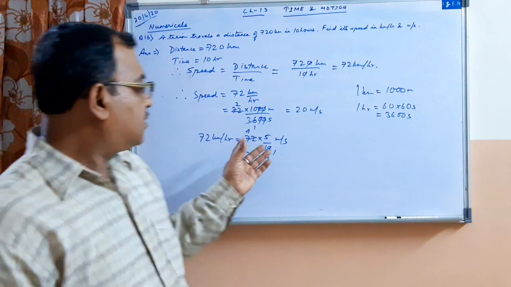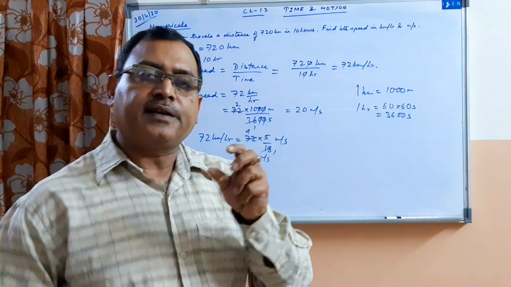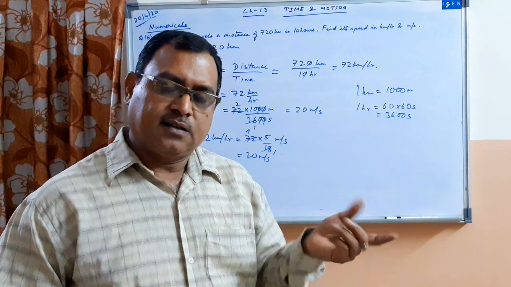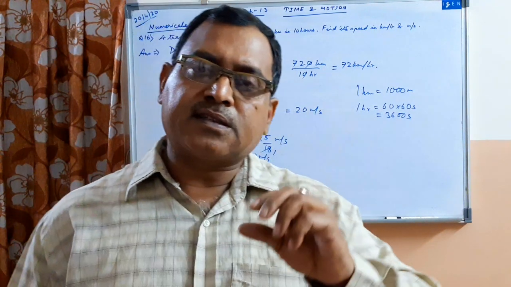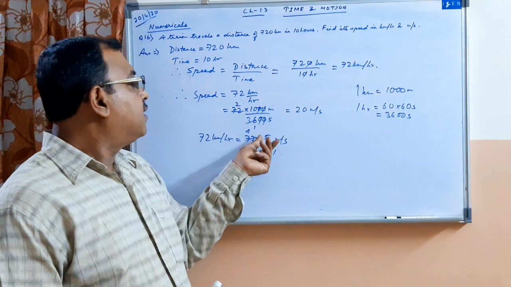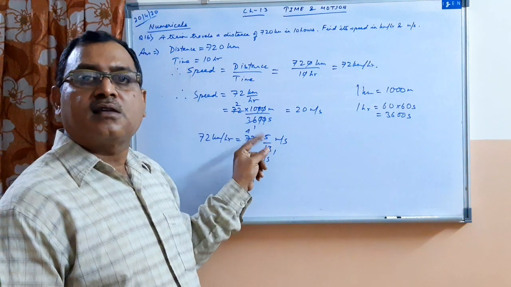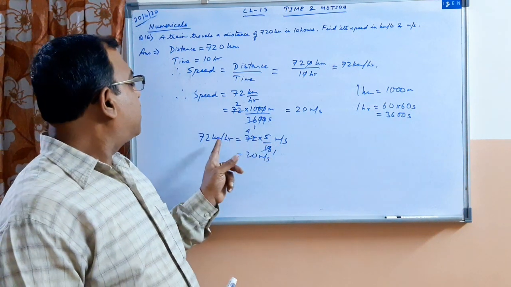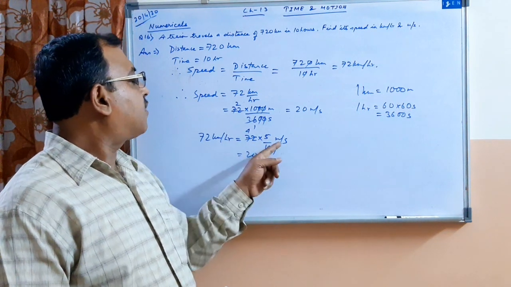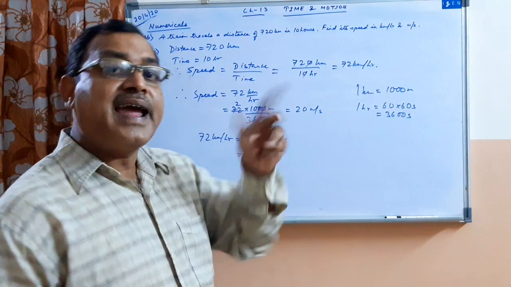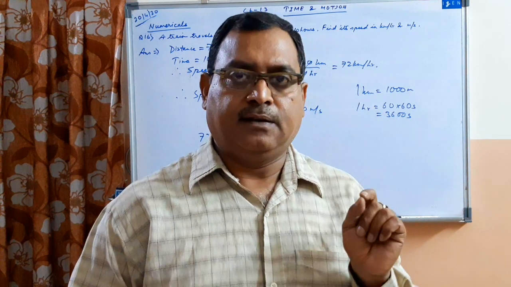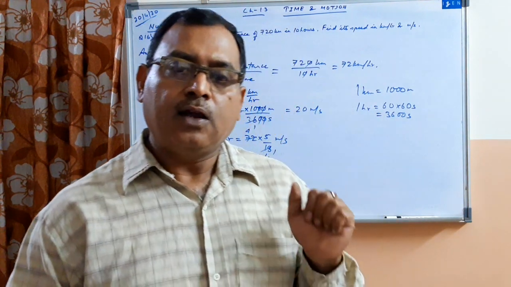Now this is a simple method of converting speed given in kilometer per hour to meter per second. Now if you want to do the reverse, supposing you want to convert a speed given in meter per second to kilometer per hour, then you will just interchange the numerator and denominator. So from kilometer per hour to meter per second, you are multiplying with 5 by 18. In the opposite case, from meter per second to kilometer per hour, you will multiply it with 18 by 5. And you will write kilometer per hour in place of meter per second, right? So that is the shortcut method which you will do.